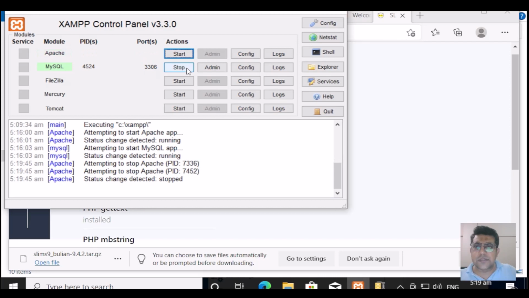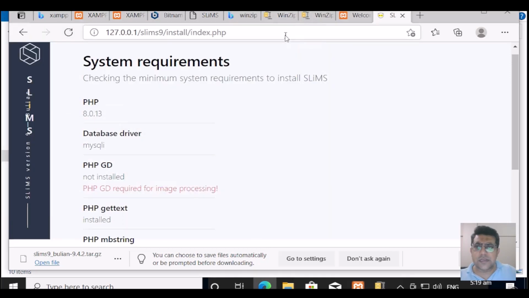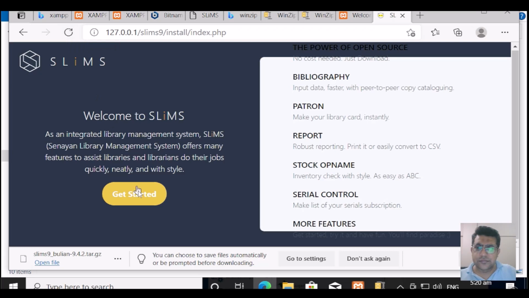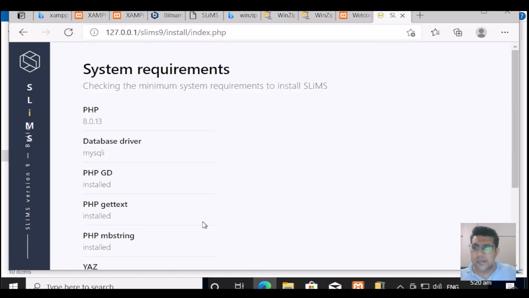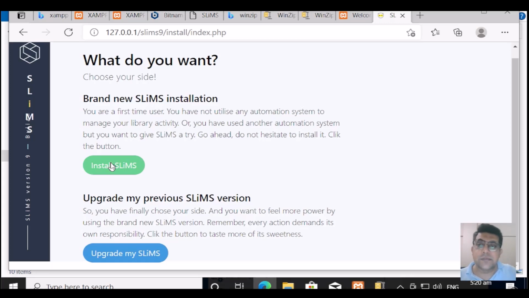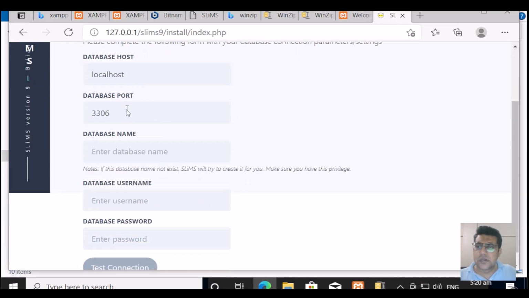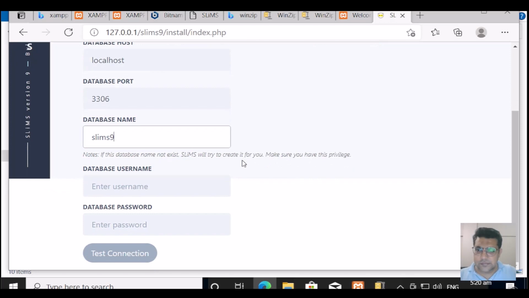And now you need to stop the MySQL and Apache, and then restart them. Now they are running, and you can refresh this one, started, and you can see this error has been removed. Now you need to go for next, and there you can install SLiMS. To install SLiMS, you write the localhost or your database host name, the database port, and the name of the database would be SLiMS9. The username would be root, leave the password blank, and test the connection. It says okay, and for next,